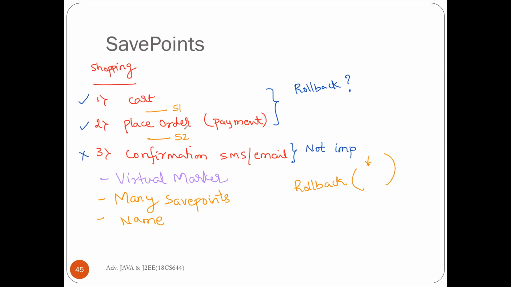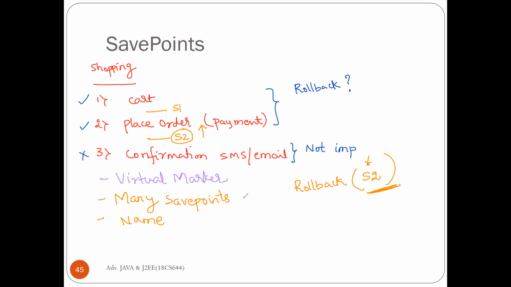Here we need to stop the rollback at S2 only, so we pass S2. If the confirmation email fails, then this will roll back all the operations until S2. Whatever operations are behind S2 will be committed. They will not be rolled back.